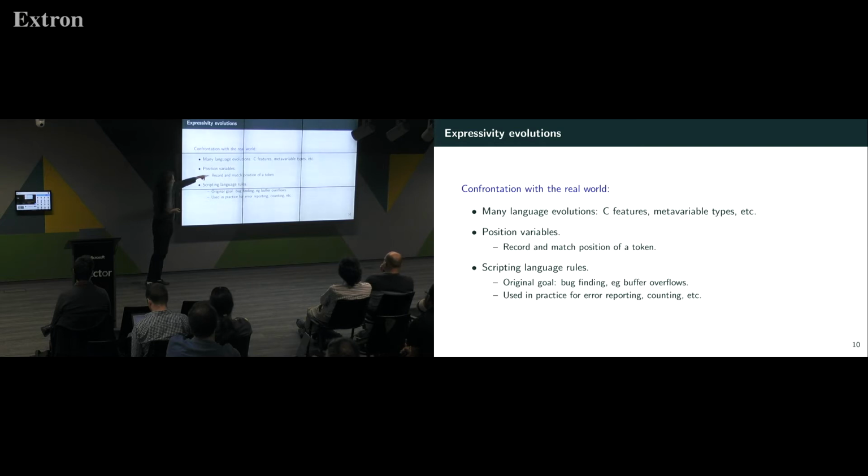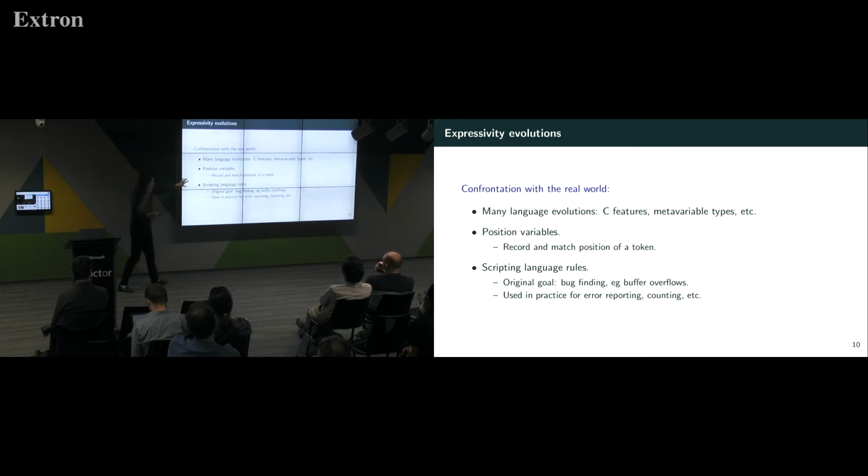So basically a position variable, you can attach it to any token and it will find the position of that token. And then you can reason about the position of that token. A position of this token should be the same as or different than a position of some other token. And then you can combine it with this last approach here, which is adding scripting. Scripting lets you do arbitrary computations, but among those computations, you can actually print out positions. And now you can do bug finding, and you can explain to people that on line 27, they have a double free or something like that.